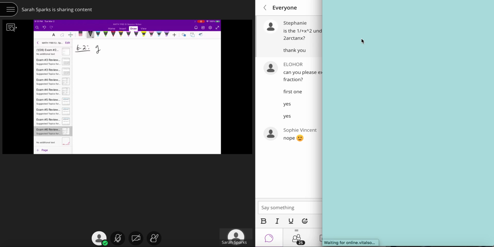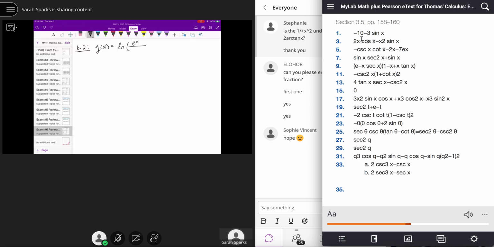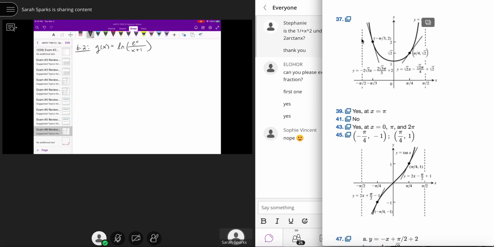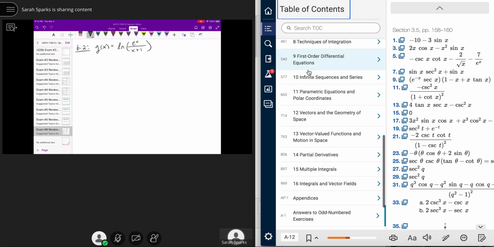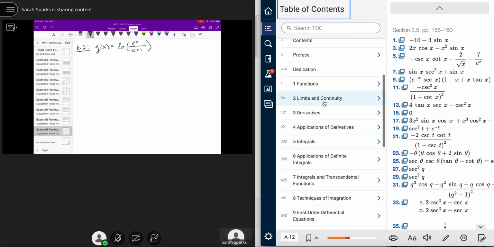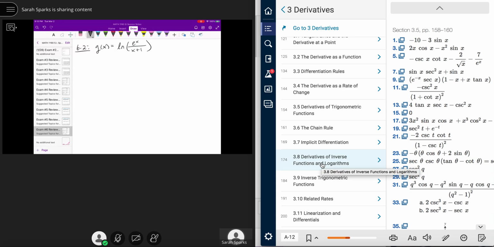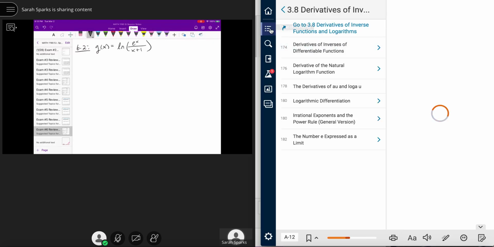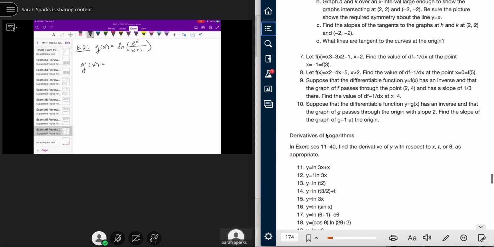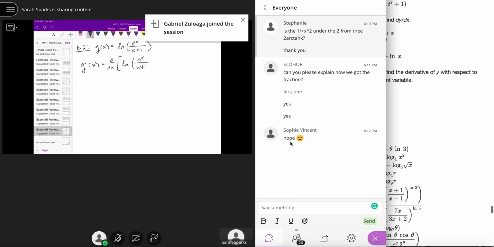So for our next problem, we have g of x equal to the natural log of e to the x divided by x plus 1. Alright, there's a couple things we can do here. We could use our natural log properties first. If you want to do that, you can. You should still get the same answer. But honestly, I'm just going to go right ahead. Here, let me just show you. So if we're finding the derivative, d dx of natural log of e to the x over x plus 1,